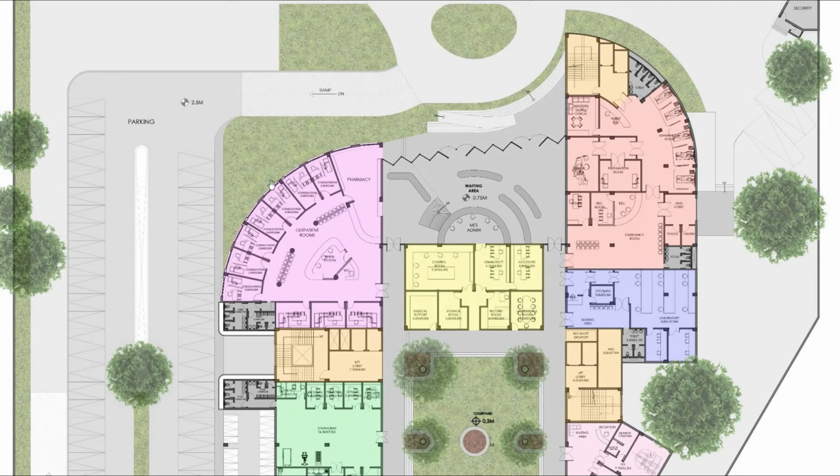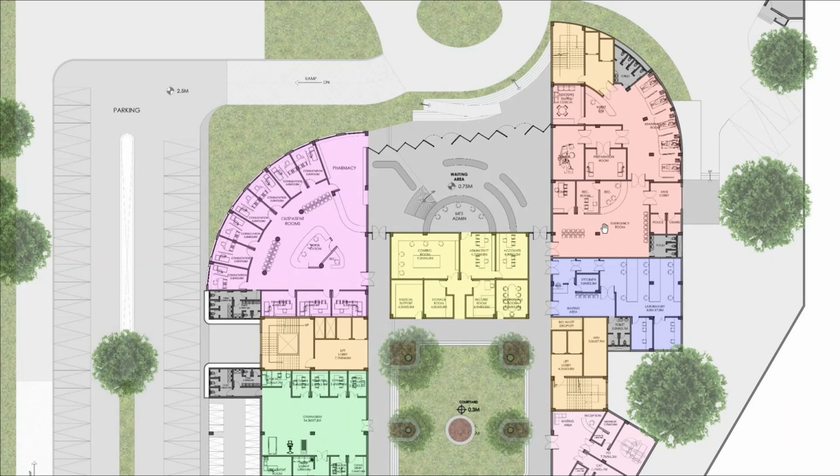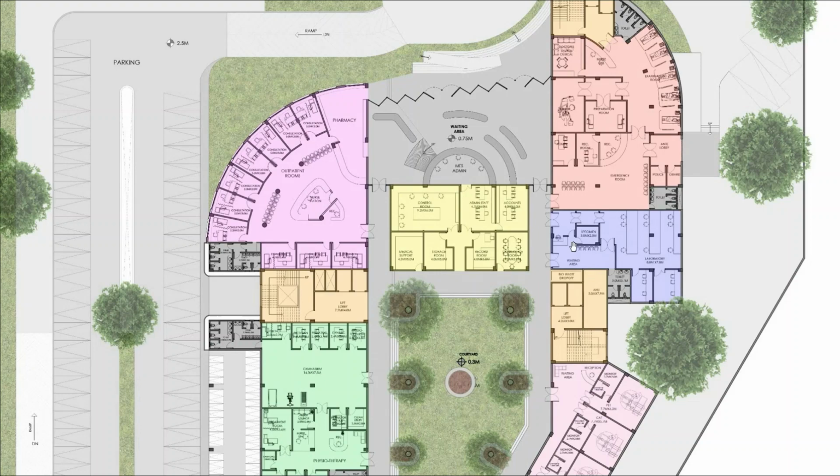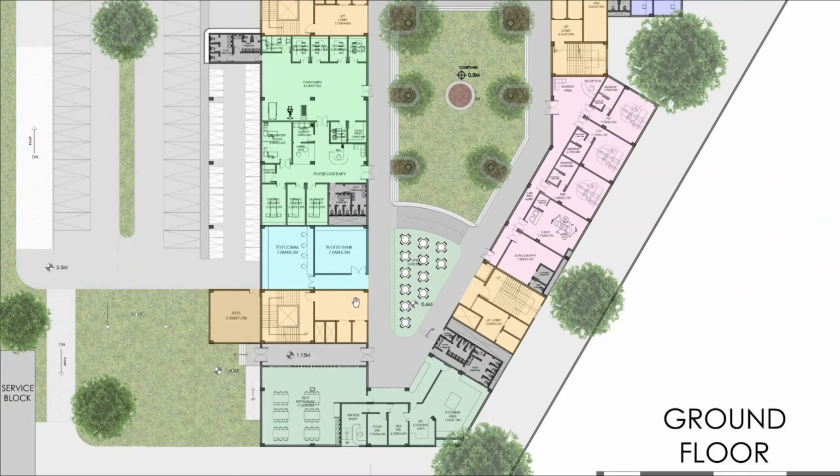Over here, we have the outpatient department where we have tried to optimize the form panopticon, where the nurse station is at the center who can have a look at all the consultation rooms at one go. Right beside the emergency department, we have laboratory and radiology on the eastern side. On the western side, we have the physiotherapy department. And towards the southern side, we have all the service spaces such as toilets, restaurants and kitchens.